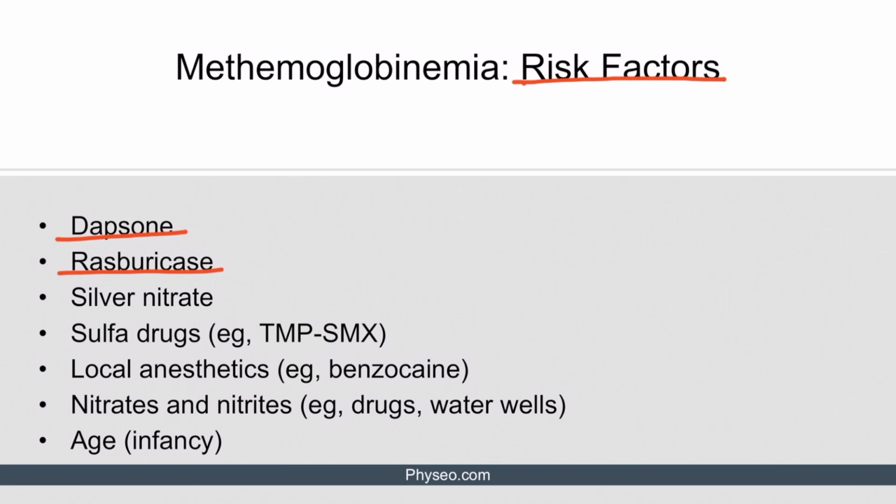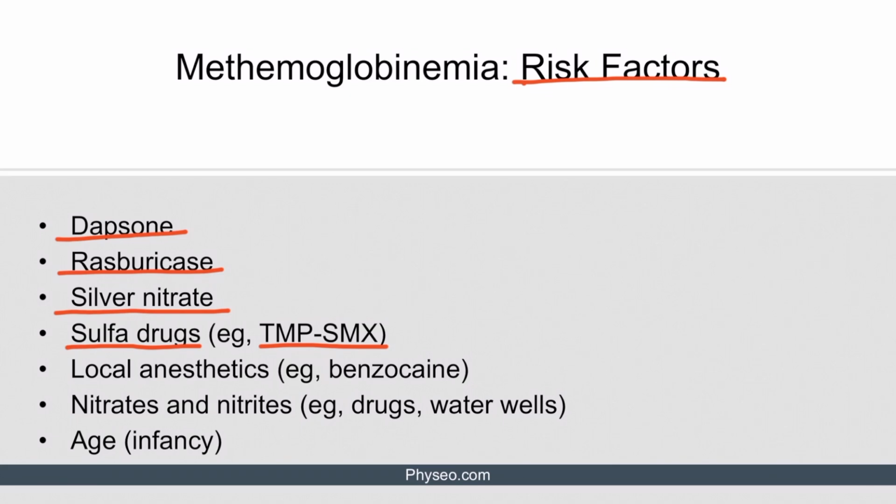Rasburicase is a recombinant urate oxidase enzyme used to reduce serum uric acid levels, often tested in the context of tumor lysis syndrome. Silver nitrate is a topical agent that can be used in the treatment of burns. The category of sulfa drugs includes many different drugs. Trimethoprim-sulfamethoxazole, or TMP-SMX, is a prominent sulfa drug often tested in the context of its antibiotic properties in the treatment